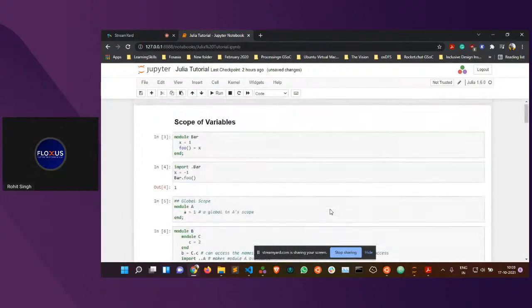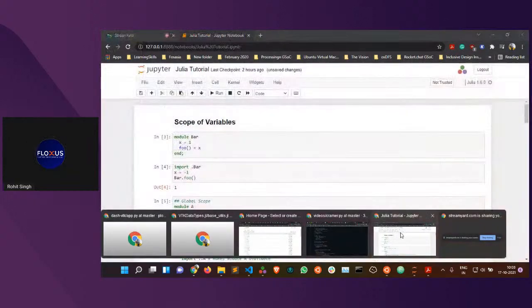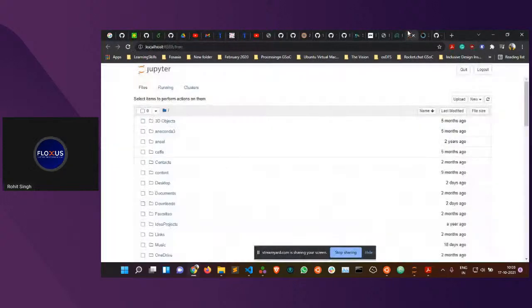Now I will directly jump to some examples which I have already compiled in my environment. So today, as you will notice, I am using Jupyter Notebook instead of Pluto or VS Code or Julia REPL. If you want to use Jupyter Notebook, then just open Jupyter Notebook on your local computer and directly go to your browser where the localhost will open. Okay, then directly come here